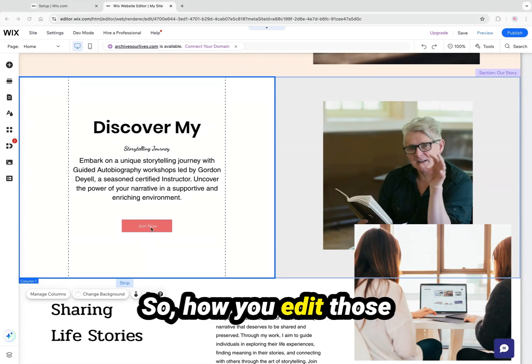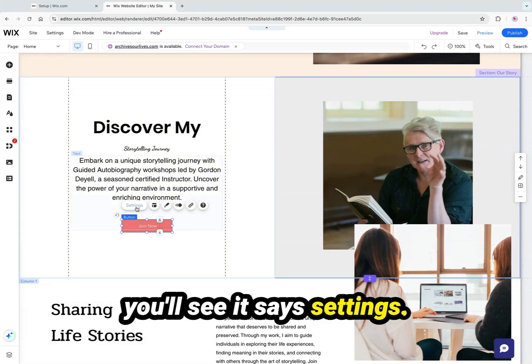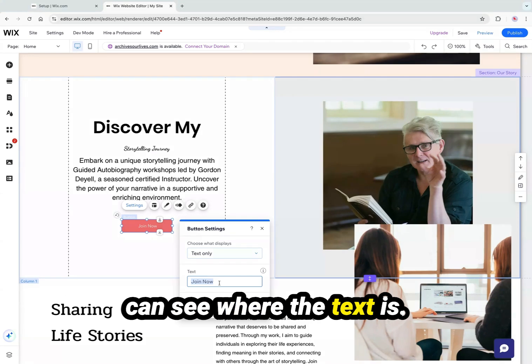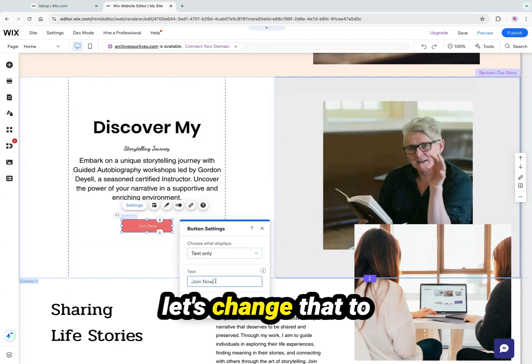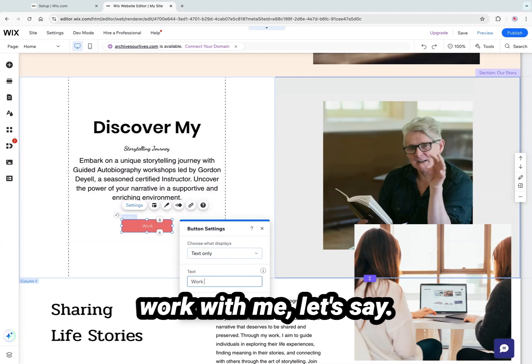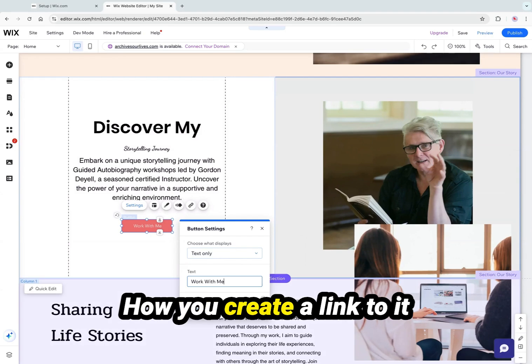Okay, so let's talk about buttons. So how you edit those is you click on it and you'll see it says settings. Click on settings and you can see where the text is. Let's change that to work with me, say. How you create a link to it